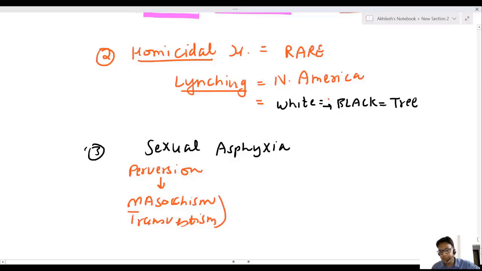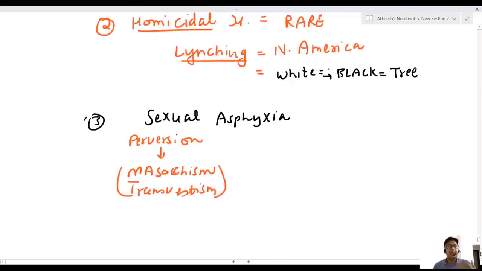These two people apply some ligature material on the neck and they want perversion, but unfortunately they get asphyxia. They are involved in the sexual perversion methods, masochism and transvestism. They apply some ligature material and hang their body. They want some hypoxia, but they get sexual asphyxia. Sir, sexual asphyxia is also known as